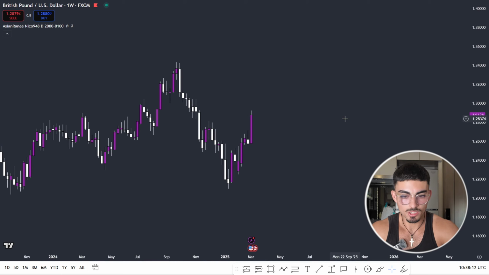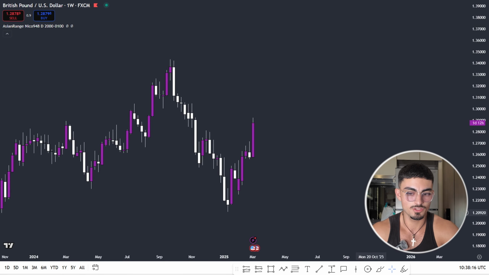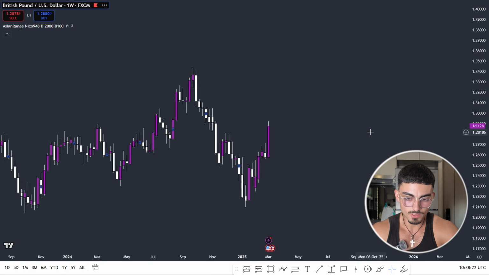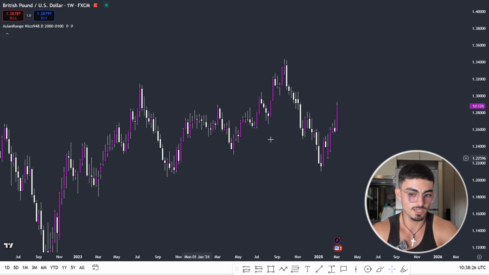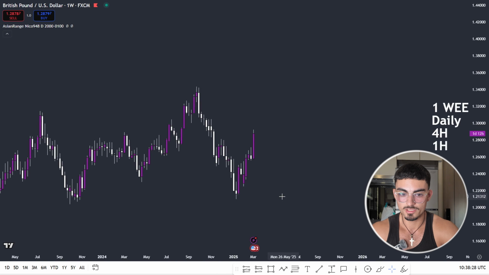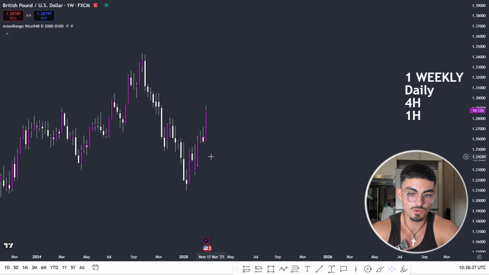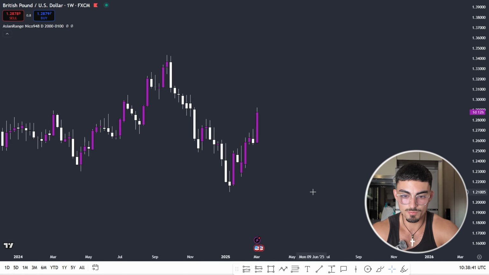So now, when it comes to analyzing the weekly time frame, a very interesting thing that I actually do is I only really like to focus on the most recent weekly candles, okay? So for example, yes, you can always zoom out and look at all of these candles here, but to me, that is pointless. I don't really care about what happened 2 years ago or 3 years ago or last month or the month before that. The only thing I really do when I'm looking to trade is focus on the recent weekly candles, and that's super important to do.